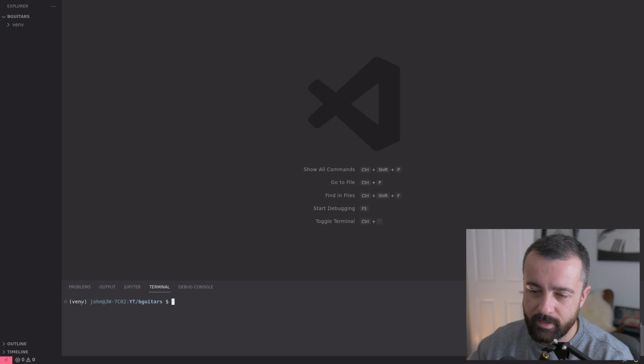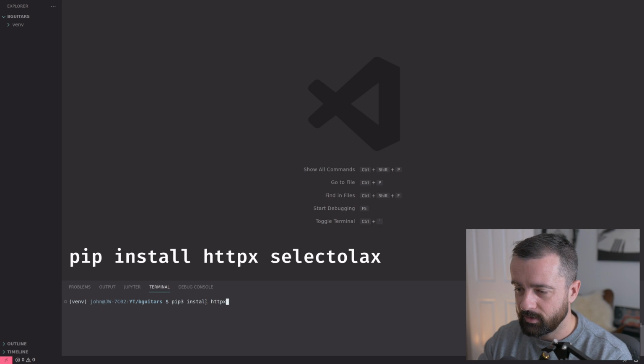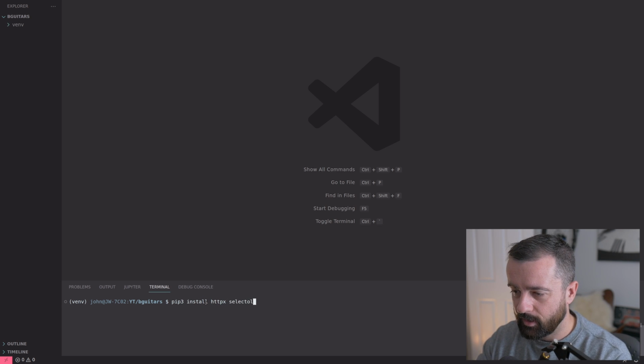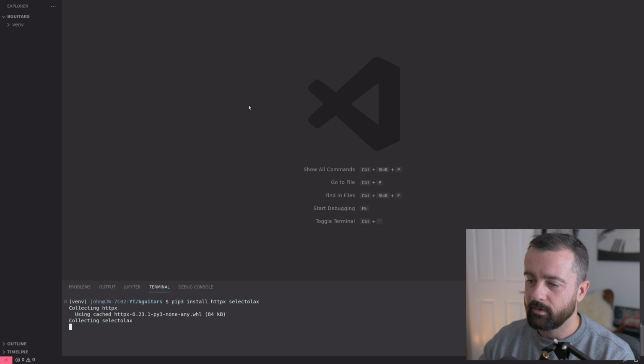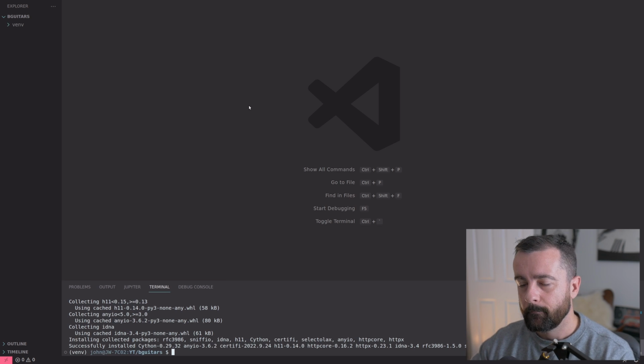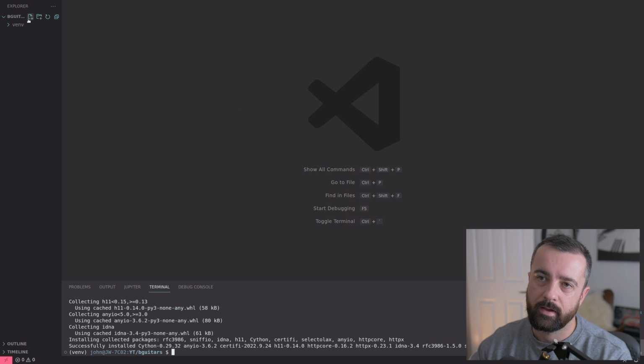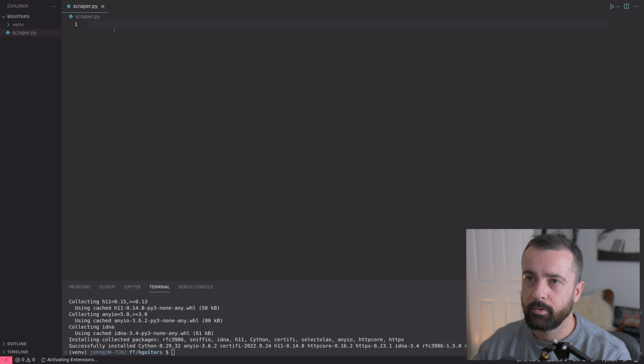So now this is activated, you can see we have our venv here. So I'm going to do pip3 install httpx and selectolax. These are the two packages we're going to use. HTTPX is going to actually make the request to the server, and SelectOlax is going to parse the information that comes back. So in my folder, I'm going to create a new file called scraper.py, and we're going to open